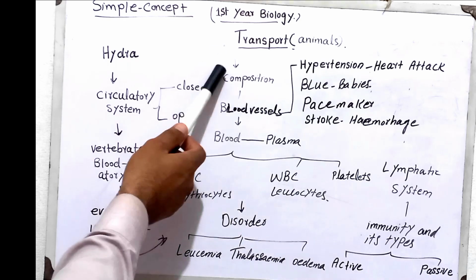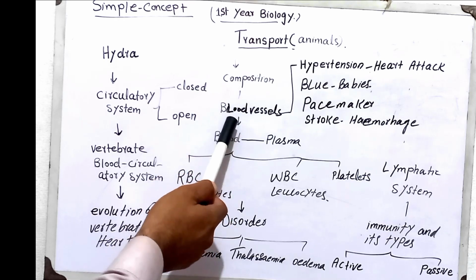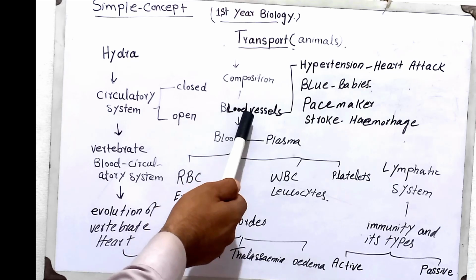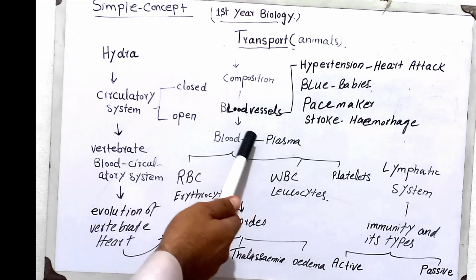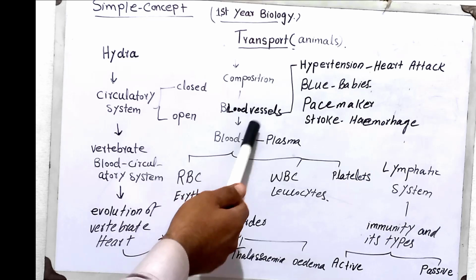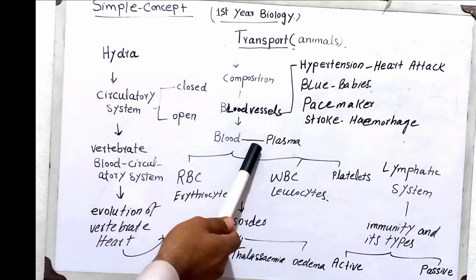In the same way, the transport system in animals is composed of blood vessels and also contains the heart, as well as pulmonary arteries and pulmonary veins that go to the lungs and heart. Blood vessels may be arteries, veins, and capillaries. Blood vessels may be blocked, may be open, and may cause pressure. Different types of mechanisms can happen, but the blood that flows in the blood vessels also contains